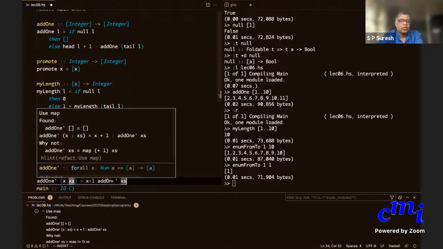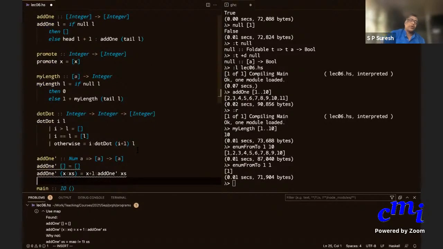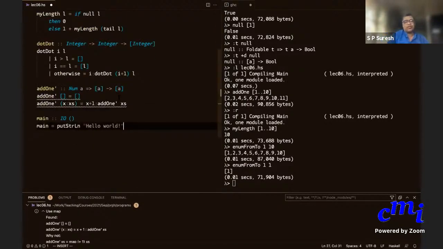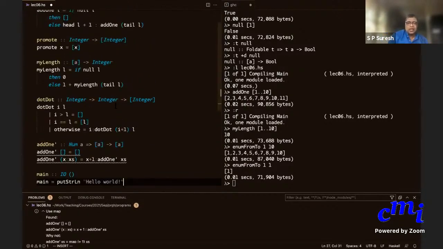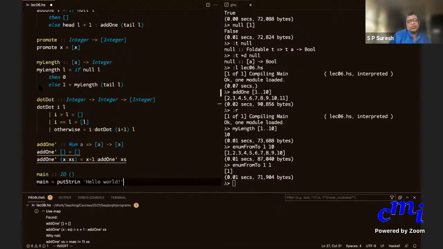So this is my new definition, and this is exactly like that, except that I'm not saying head L plus 1. Instead, I'm just saying x plus 1 because x automatically matches to head of L. And this first case will be triggered when L is null. My input is null. Is this clear?